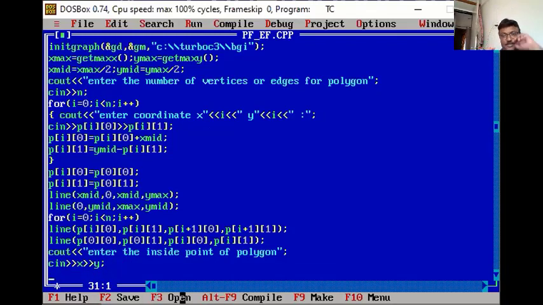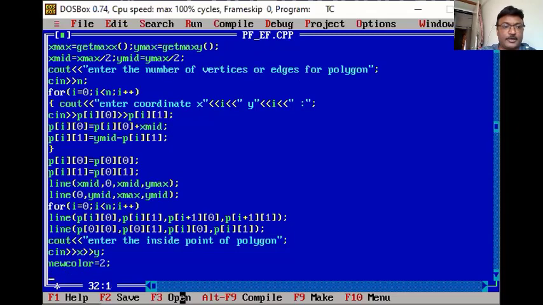Once you have read the inside point, you need to call the function here, function calling you have to do over here. For this function call, you need the inside point, the new color and your edge color. Suppose the new color I want to fill with is 2, and my edge color is 15, because I have to consider the edge color as 15 for the regular polygon.